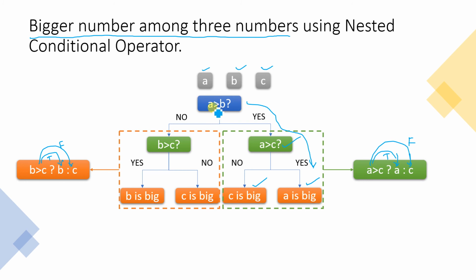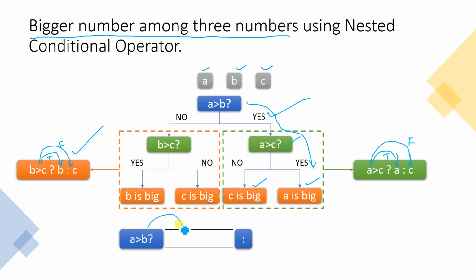So that means you can see that here, if a greater than b, then this condition gets satisfied, the yes part, is it not? If a is not greater than b, then this condition gets satisfied. So we can entirely combine all these statements. The first statement will be, is a greater than b? If it is yes, then we will, what should be written? Something will be written. Then we have to put a colon. If it is true, then this part gets executed. If it is false, then this part gets executed.